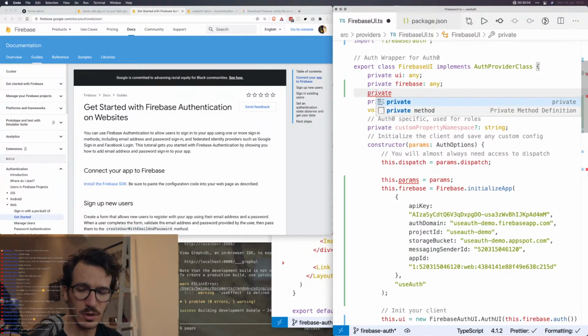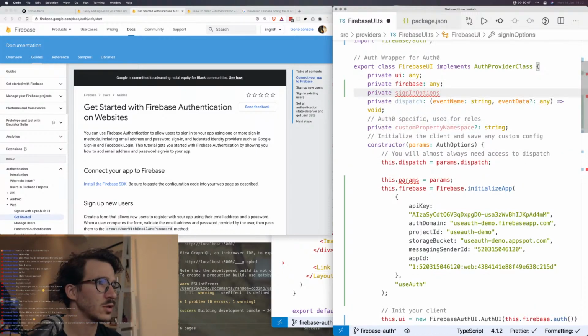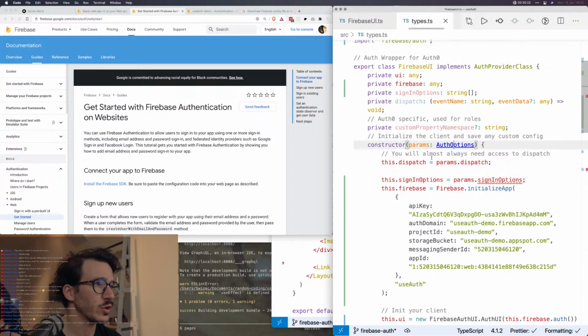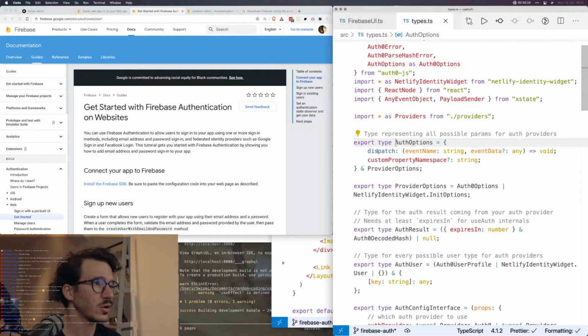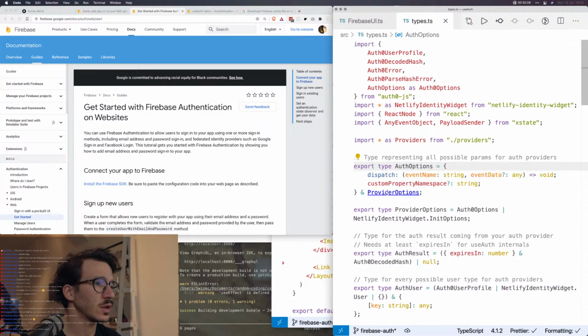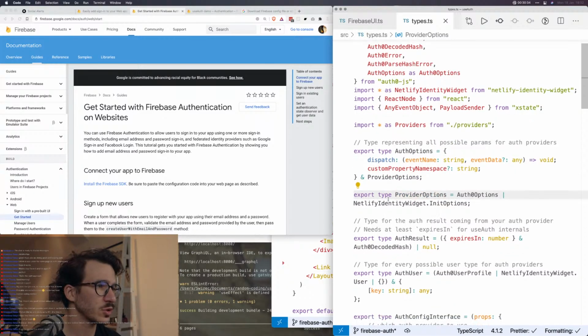We say private. Let's call it like this. Private signInOptions is an array of strings, and we're going to say this.signInOptions equals params.signInOptions, and that's gonna be a fail. So we're going to have to start expanding auth options with provider options. Where are they? Provider options, Auth0 options, or